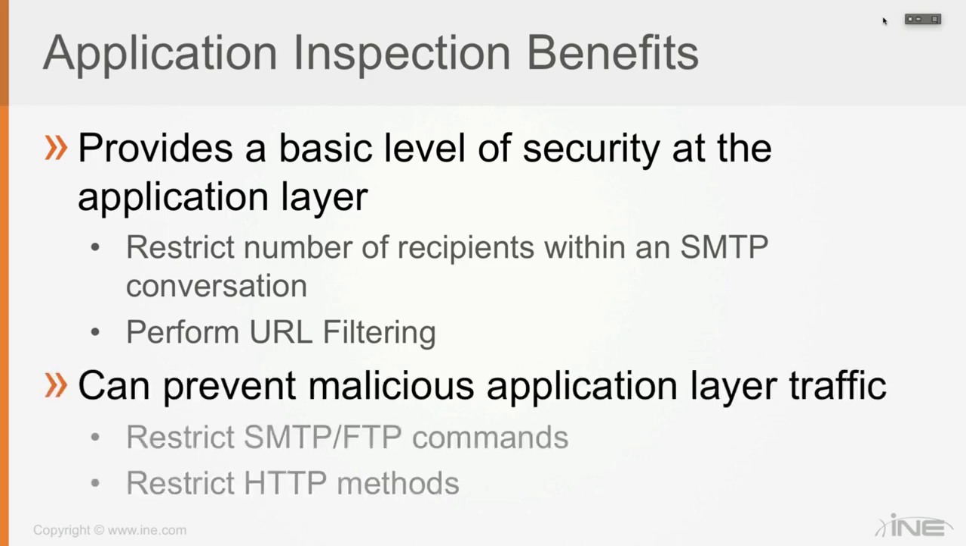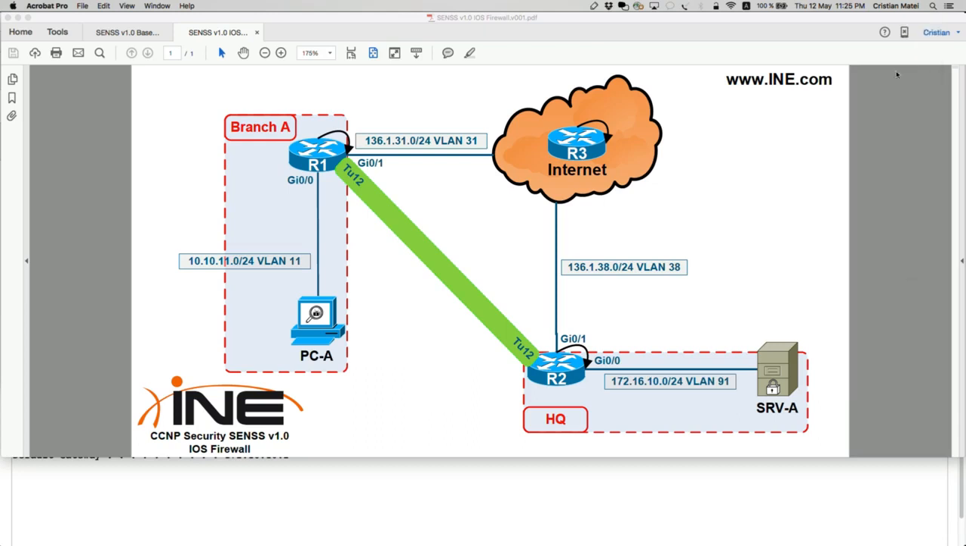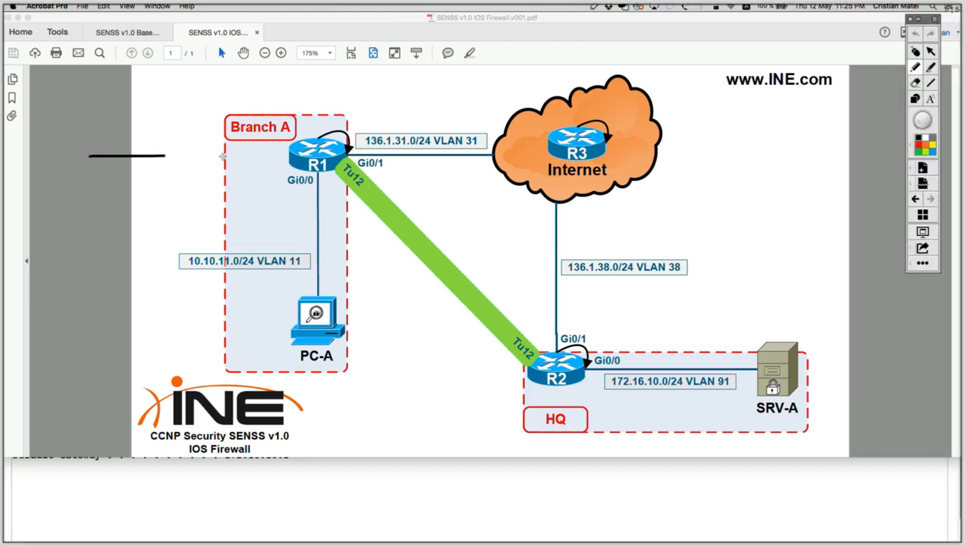It can also prevent malicious application layer traffic. Like I said here, you can restrict SMTP or FTP commands, or restrict HTTP methods. For example, let's assume that you again have that DMZ zone, where we have some public services. You have an SMTP gateway, and you have a web server,